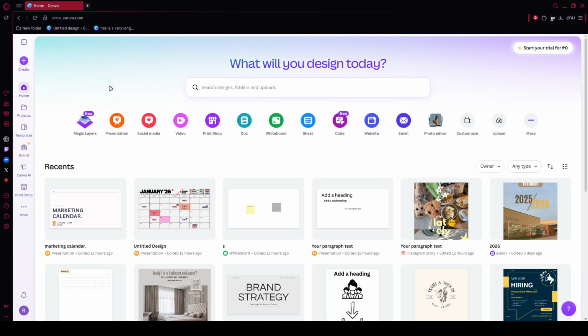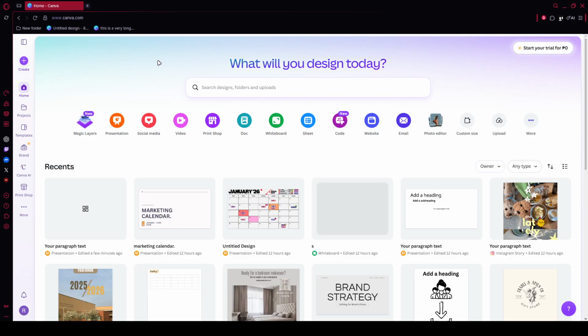In today's video, I'm going to teach you how to use Canva Video Editor step by step. If you want a simple way to edit videos without installing heavy software, Canva is a great option. It works right in your browser and gives you an easy drag and drop workspace for creating promotional videos, social content, presentations, and more. In this guide, I'll walk you through the core workflow so you can start editing smoothly